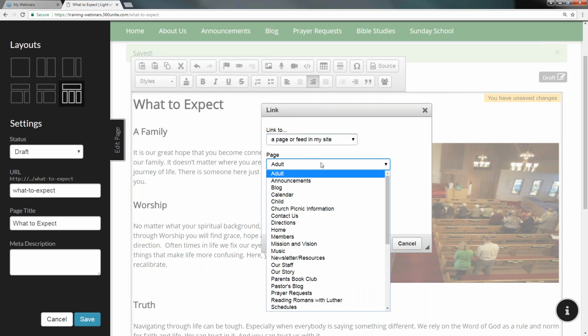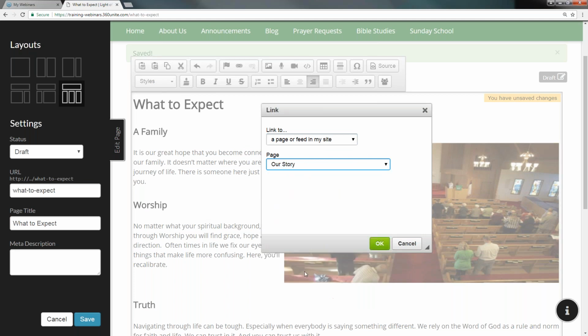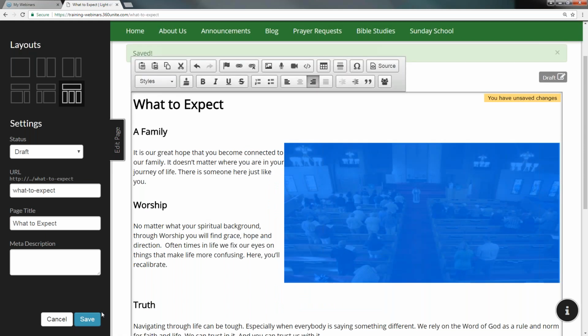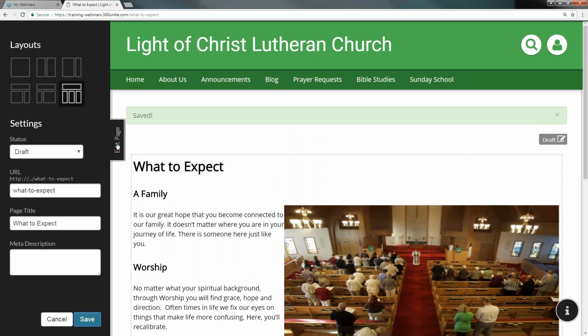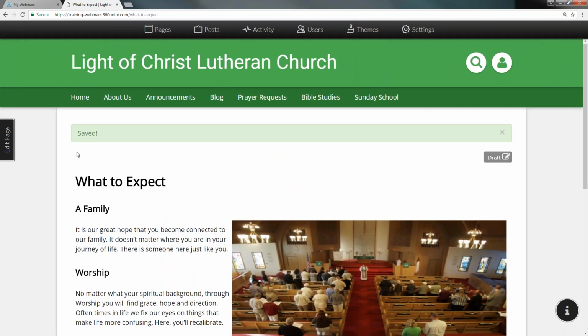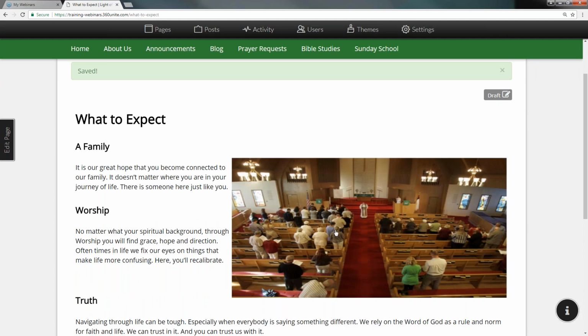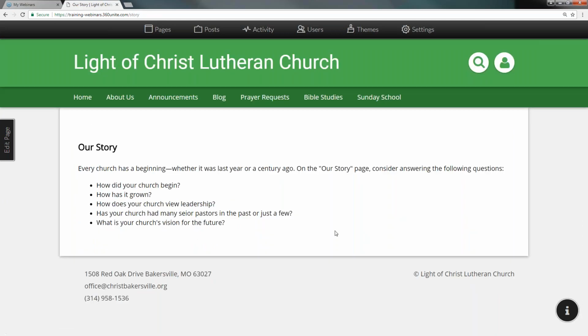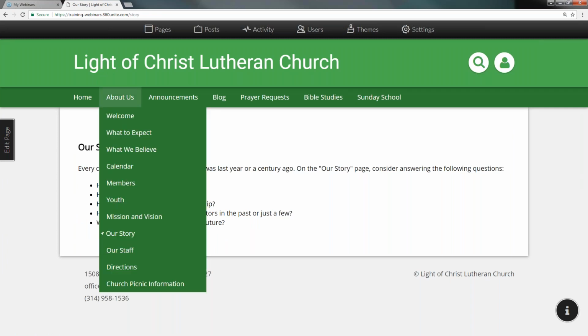And then I have my options here for all of the pages that we have set up. So I'm going to link it to the Our Story page here. Choose that. Then I'll choose OK. I'll save. And I'll exit out here. And then what I should be able to do is click on this image, and it takes us to the Our Story page. Okay, I'll go back and do it one more time just to show you how it's linked